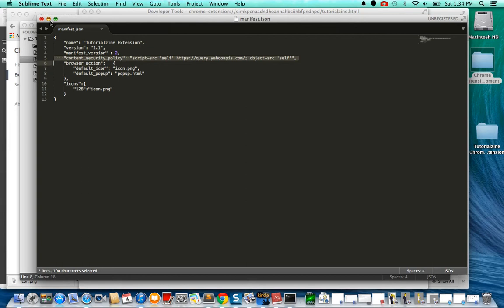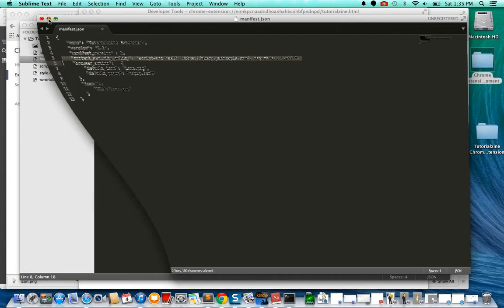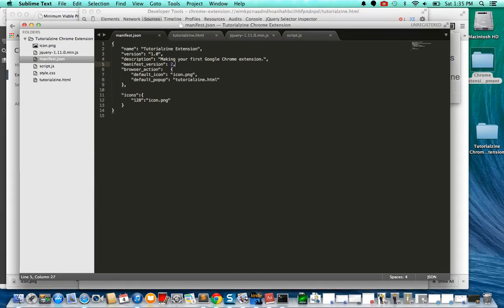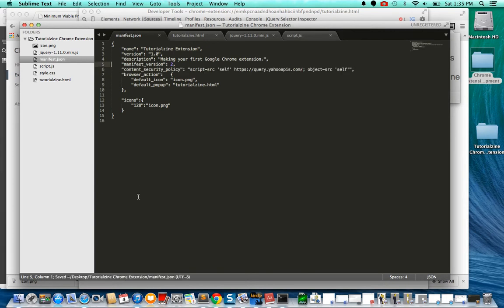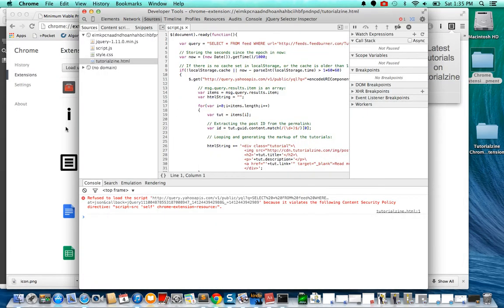in this Chrome extension. The good thing about this is if something malicious is inserted into the extension, again, I'm not a security person, I don't know how that happens, but because manifest.json is here and we're saying only self and only query.yahooapis.com, Chrome won't allow the extension to access other addresses, which is a very solid security option. So add this here, and now if you go and try to reload the extension,